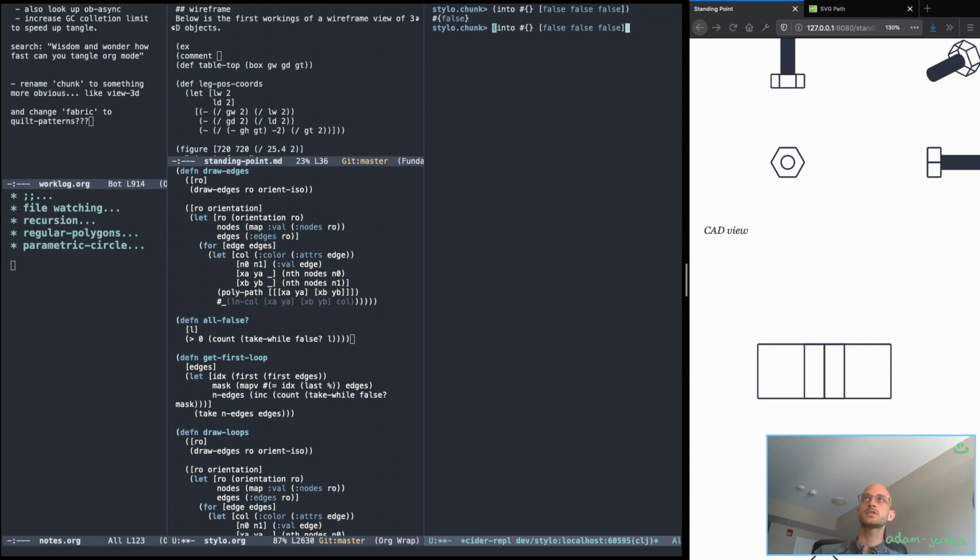If I do into set of false, true, right? If there's a true in there at all, in the mask at all, I get a set which I can count, right? Yeah, that has length 2. So I can use that fact to not make